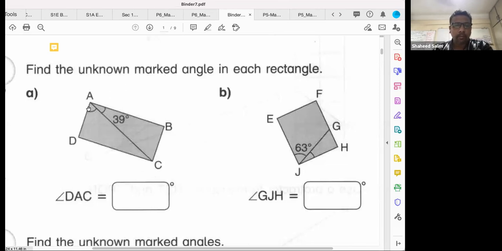Down here now, when we talk about DAC, we are talking about angle A. GJH, we are talking about angle J. So can you find out what this angle is? For A, can you find out what this angle is, and then send your answer, please. A what? B what? It's very simple. But I hope before we end this tuition in a few lessons, one to two months, you understand the grouping of